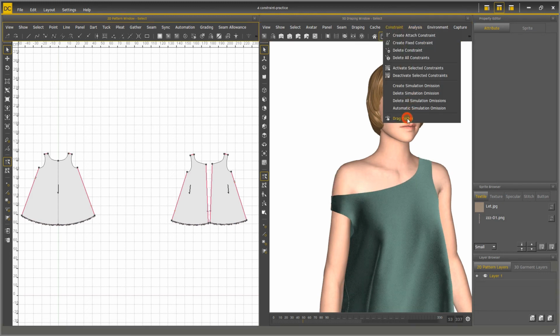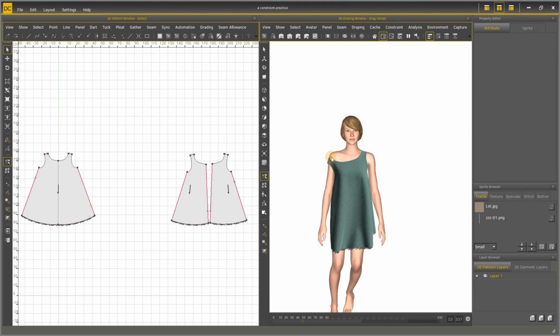Then go to Constraint, Vertex Drag, so we can gently drag the strap back to the shoulder. Try not to drag too quickly while using this function, or the garment will be pulled dramatically.